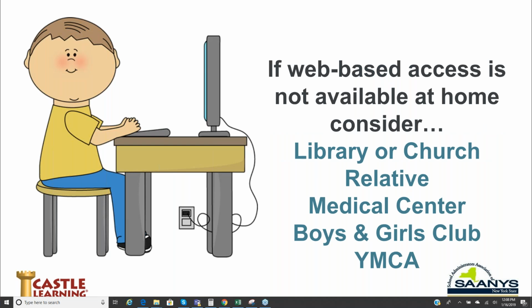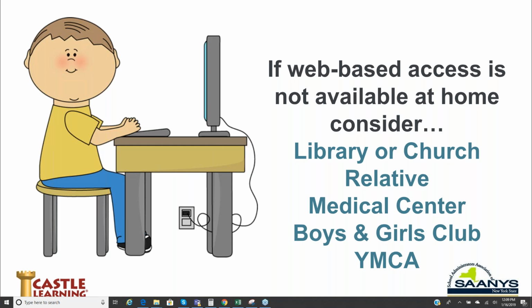I want to talk about a couple of these because there's a couple of things that I've seen recently as we've been out there. If there's not access in the home, and we realize not every student's going to have access at home, there are places where they know that they can get access other than just the school building. Normally, your public libraries are a good source for internet access. I'm even seeing here locally, and I live in the Western New York area, a lot of churches who have been putting in computer labs to help those families that may not be economically strong enough to afford it. There is a place for those students to go other than the school building.